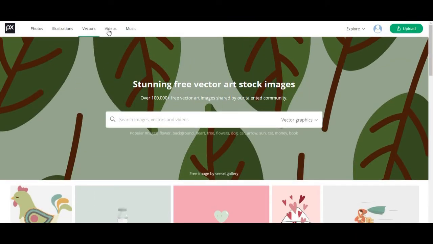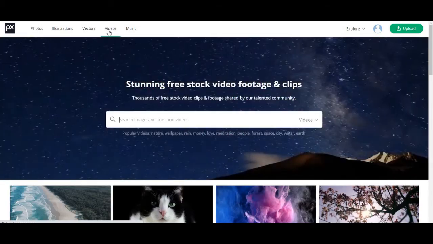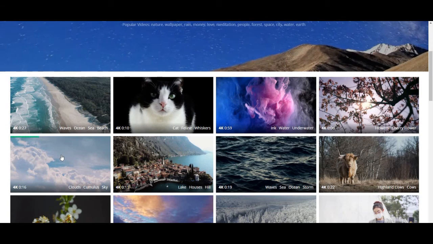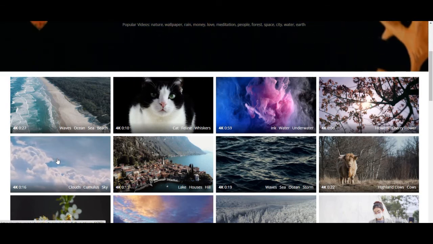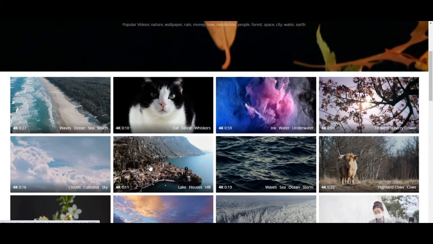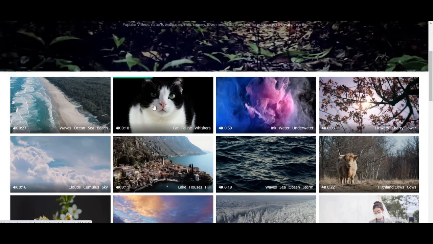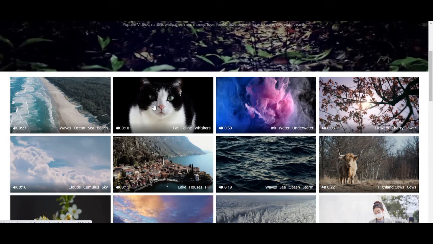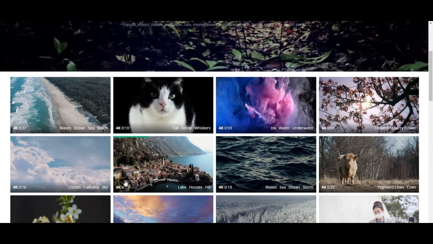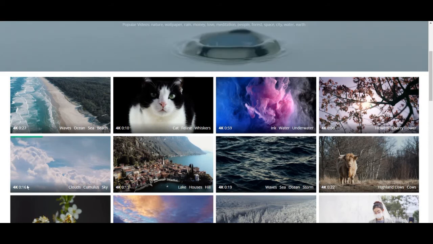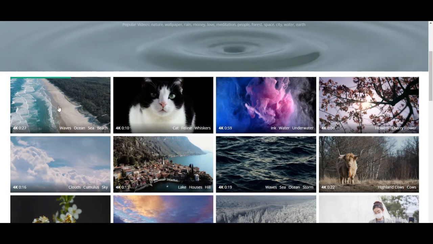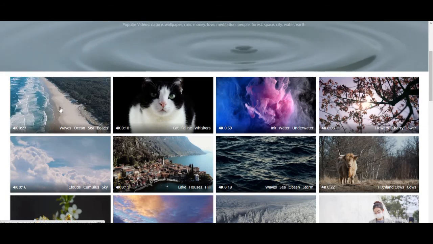And the videos page. Like Pexels, you can hover with your cursor to preview the video and how it will look. But you can also see how long the clip will be. 10 seconds, 11 seconds, 16 seconds, or 27 seconds. When you have made your selection, click on the video clip,